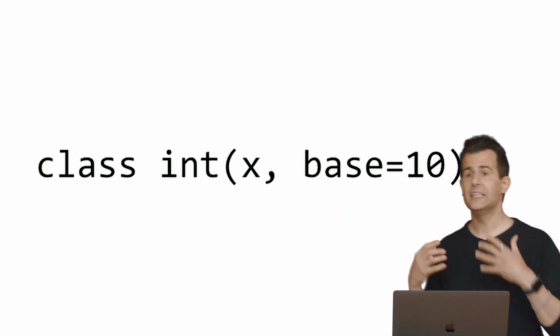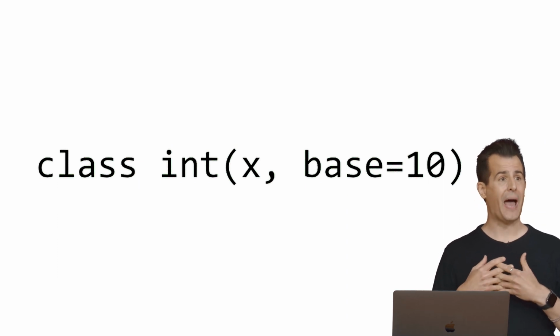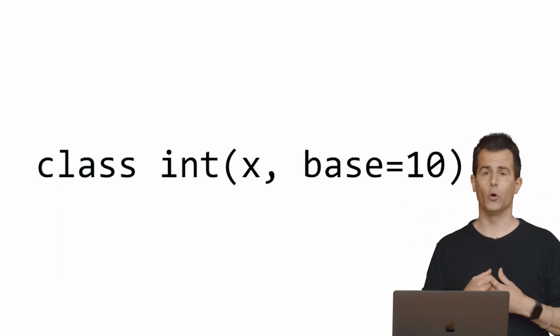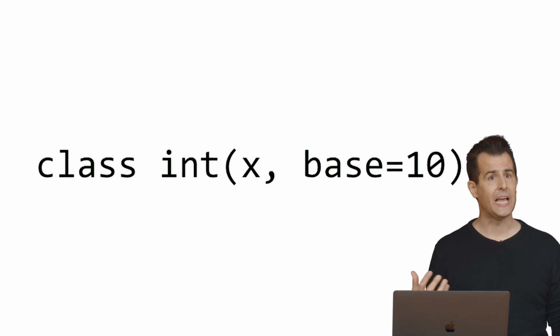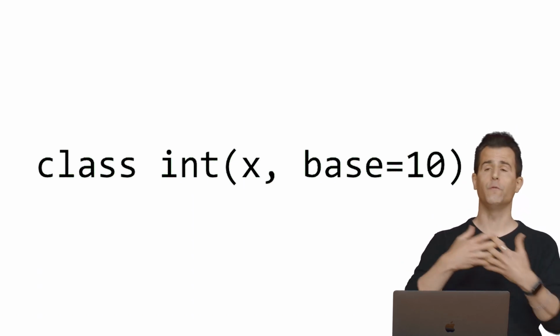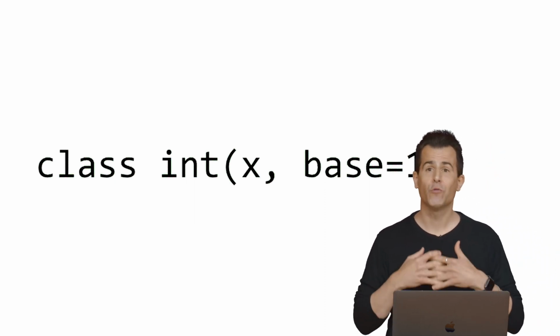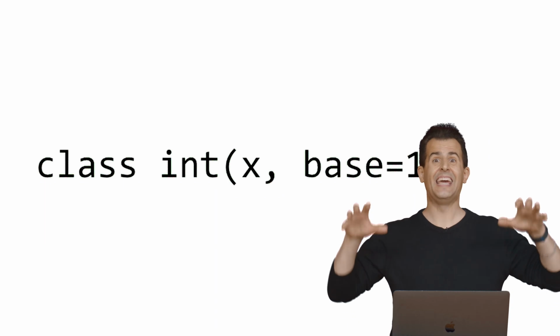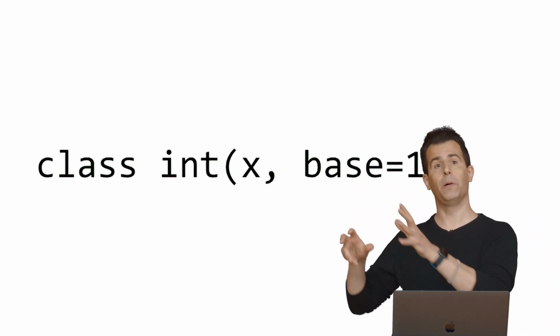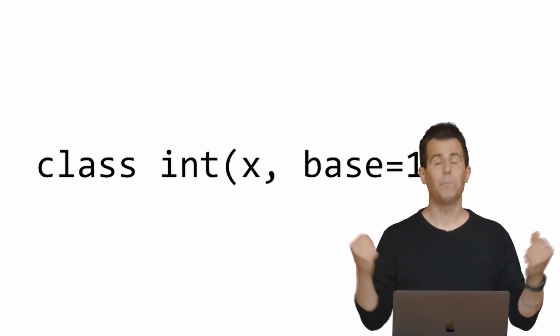And in fact, this is the signature of the constructor call for an int, whereby you pass in x, like a number, quote unquote 50, or quote unquote something else. You pass in optionally the base, 10 for decimal, 2 for binary, or anything else. And that int function will actually return to you all this time an object of type int. That is to say, int is a class. It is a template, a blueprint for